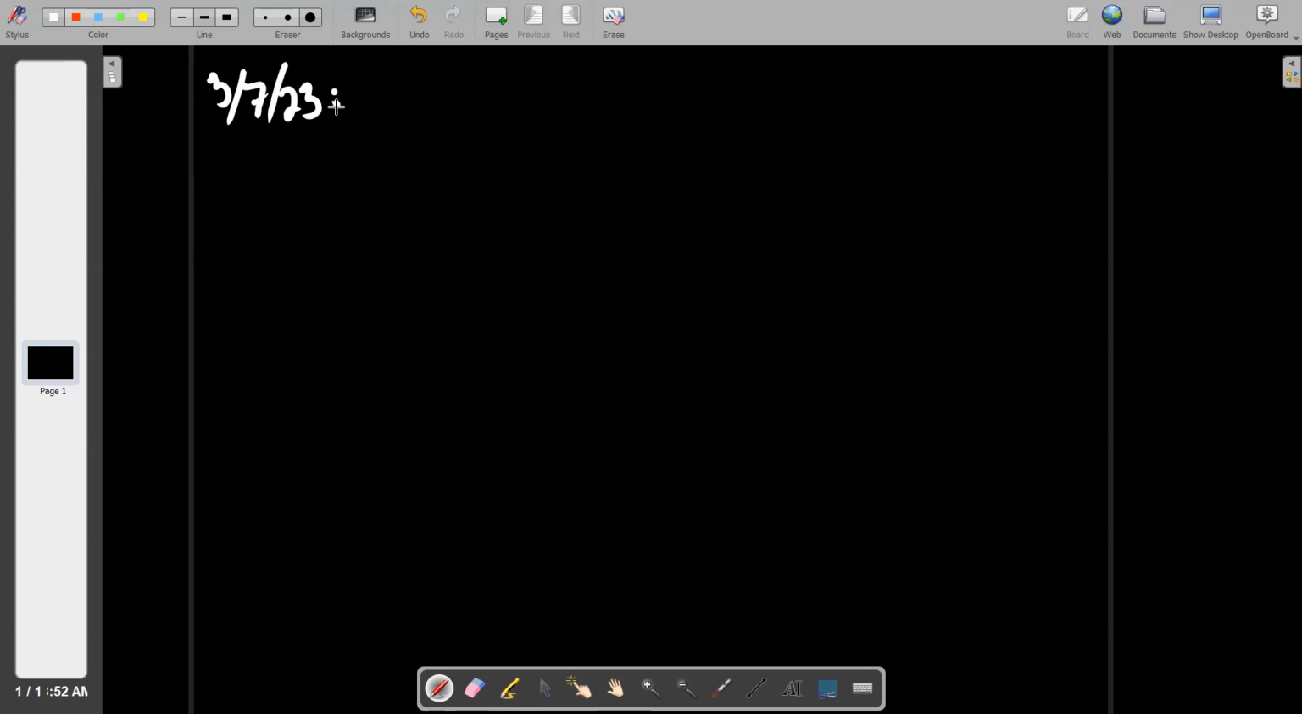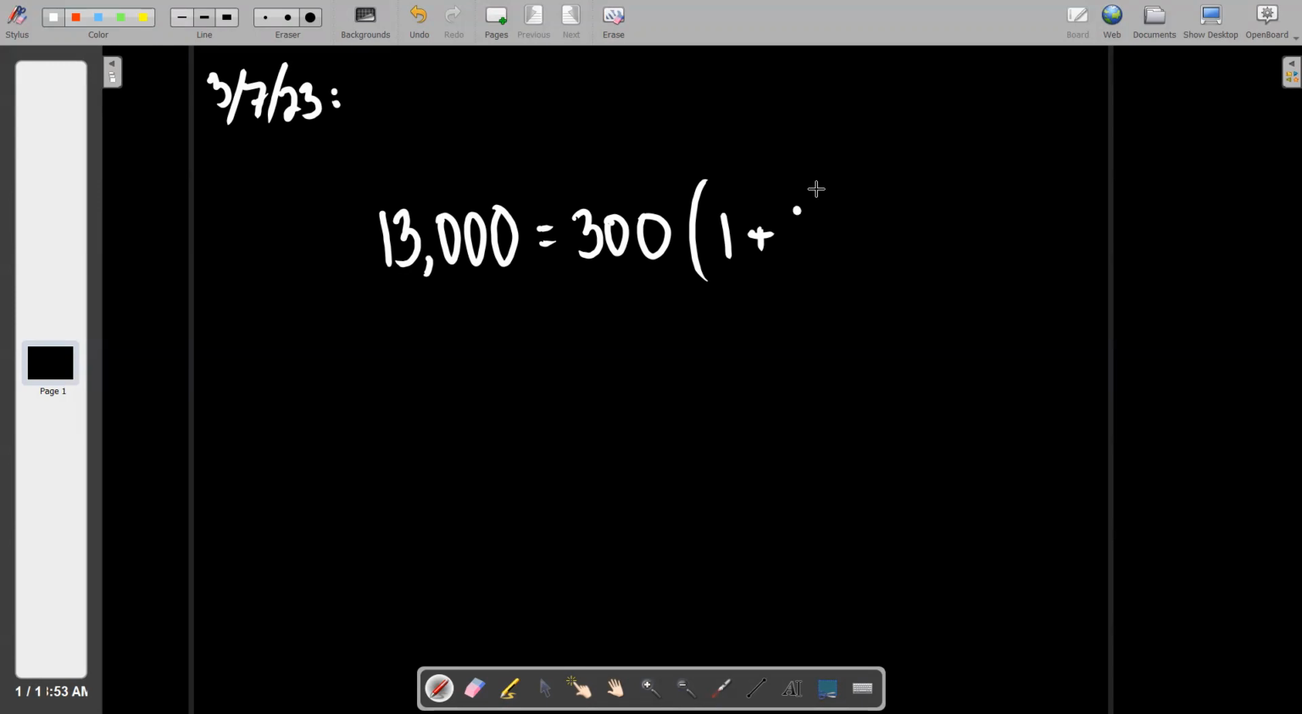So we had stopped at a point where we had an equation. I'm assuming you were here yesterday, so we would just literally resume the notes as if it were still yesterday. So we had an equation that said 13,000. Remember, that was our final amount in the account. $300 was our principal investment. And then we had 1 plus the interest rate, which was 5.0%. So we had, of course, written